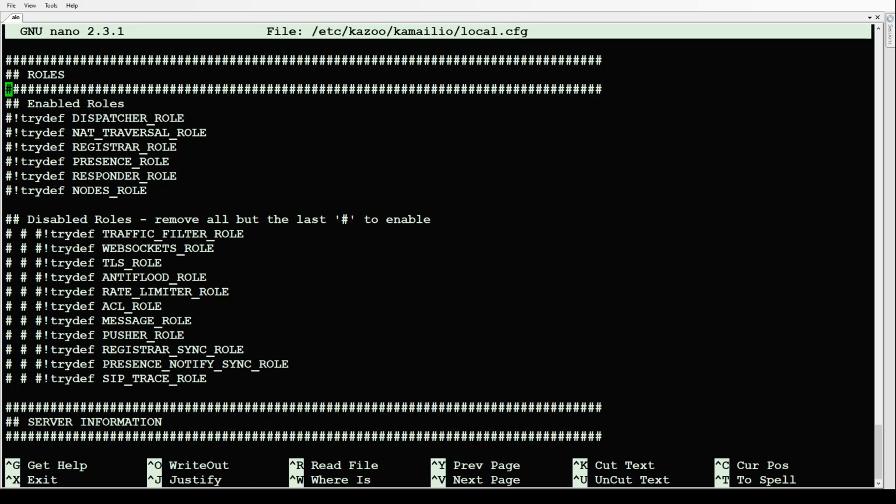All right, here you can go through and enable and disable your roles. Obviously things like TLS role is going to be for your encryption. Anti-flood role is great for stopping people from flooding your server. Pusher role is if you have an app that supports push. Registrar sync role if you've got multiple nodes. SIP trace role is going to be for running your Homer or HAProxy servers. Your presence sync role, again, if you're running a cluster. The traffic filter role works well, so does the ACL role, but we'll go into that in a little bit